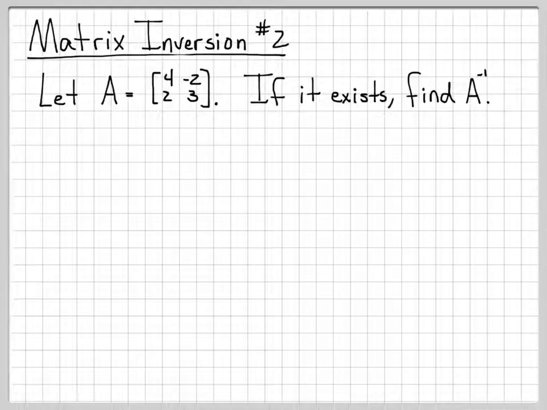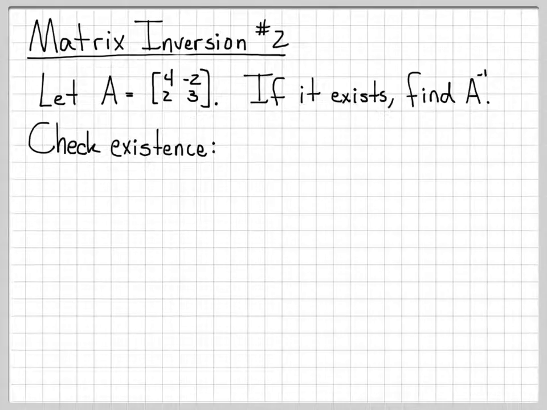In the previous video, we used an algorithm that lets you compute the inverse of any square matrix. Remember what the algorithm was? You take your original matrix A and you form an augmented matrix [A | I], where I is an identity matrix, and then you perform row operations until you end up with a reduced matrix of the form [I | A inverse]. So you can use that approach to tackle computing the inverse for any square matrix. In this video example, though, we're going to show an equation that lets you easily compute the inverse of a 2 by 2 matrix. So the first thing we're going to do is check for the existence